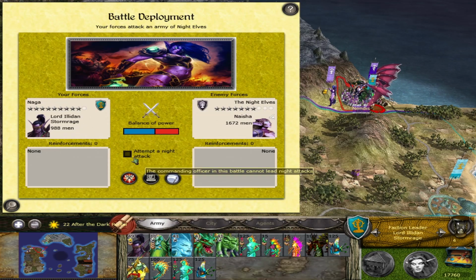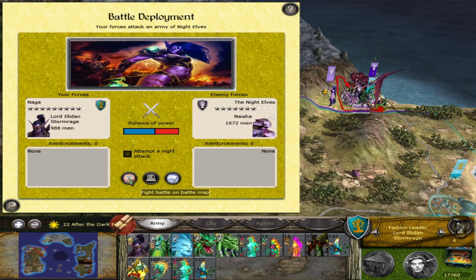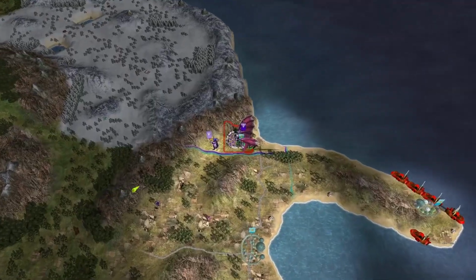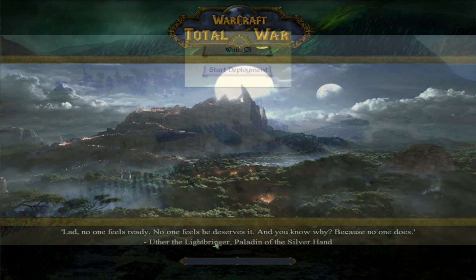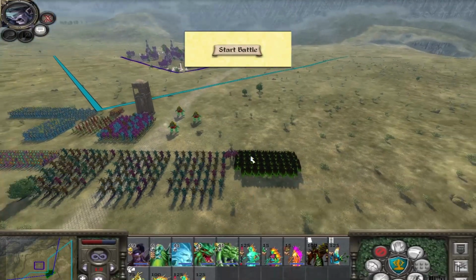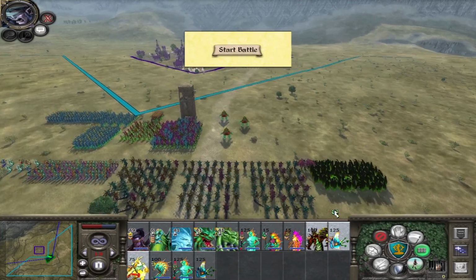And look, see, garrison script triggered. Way more units spawned. But it's fine. We have archers, we have rangers, we have mages, spellcasters. We have Illidan. There he is. He has a really good custom